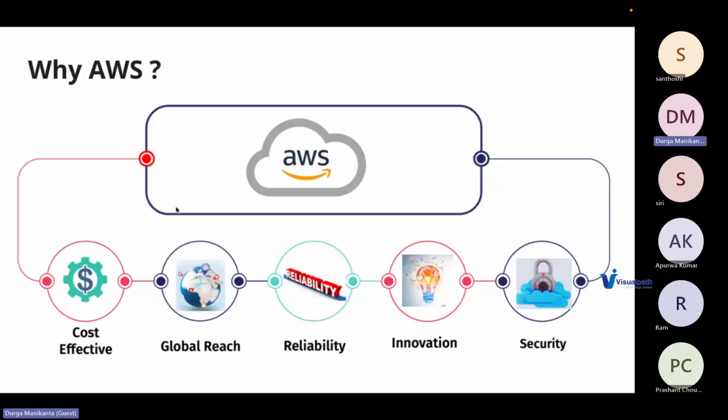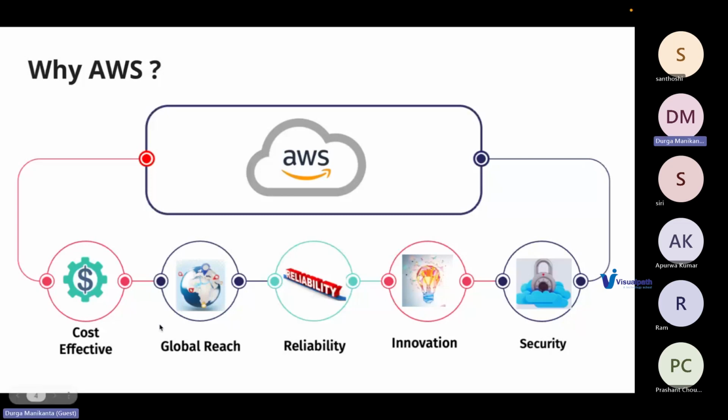And as I said, it has global reach. Anywhere in the globe, AWS is available either as a region or availability zone, or a Direct Connect, or even the CloudFront distribution. What is a CloudFront distribution? We'll discuss it in more detail when we get into the AWS infrastructure.